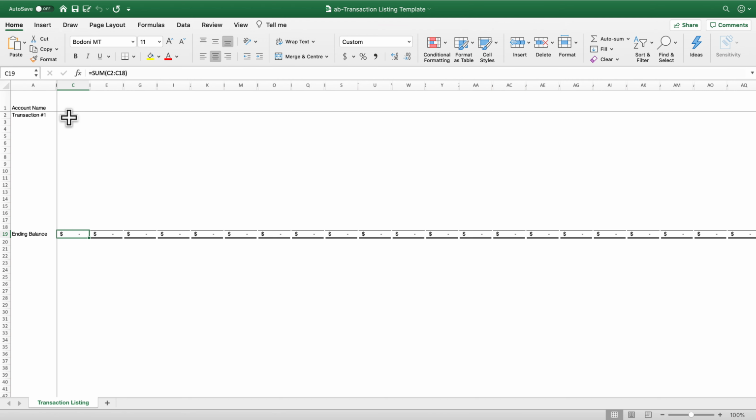So transaction 1, Anne invested $35,000 in her organization. We're going to put some account names up here real quick. We're going to need cash, accounts receivable, supplies, furniture, equipment,